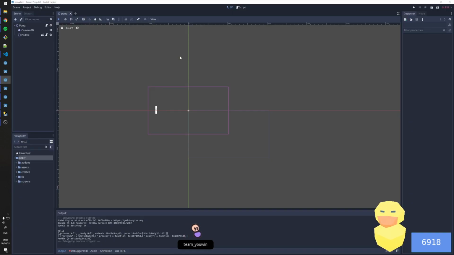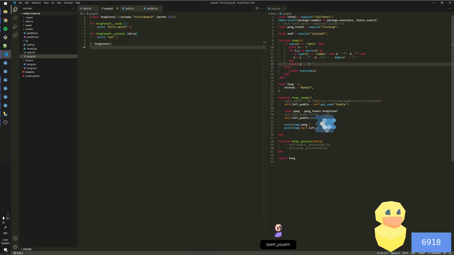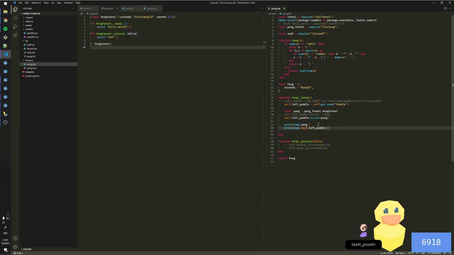So as you can see here, I'm doing some prints where it's actually a dump. We're completely just dumping the Lua tables. One of the cool things about Lua is that everything is a table, aka everything is a dictionary, so it makes everything really easy to figure out. You can see here that this is our class, where the class is just a table, a dictionary. It has to be a Lua style dictionary, which I believe GDScript actually supports as well. You can do Lua style dictionaries in GDScript,